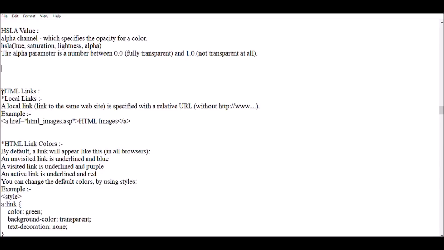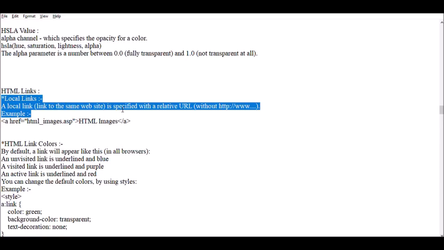You can directly mention the link without the URL, like without http://www. For example, if we create a page, my first page dot HTML, and we use the anchor tag inside that page, and inside the anchor tag we use html_images.asp, then that file should be present in the same folder. So this is called a local link to the same website.